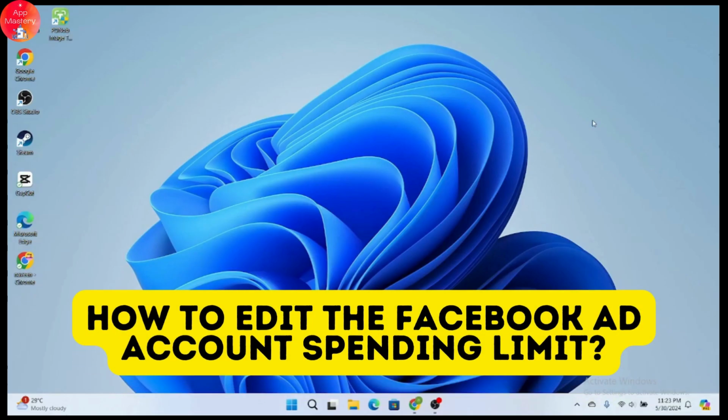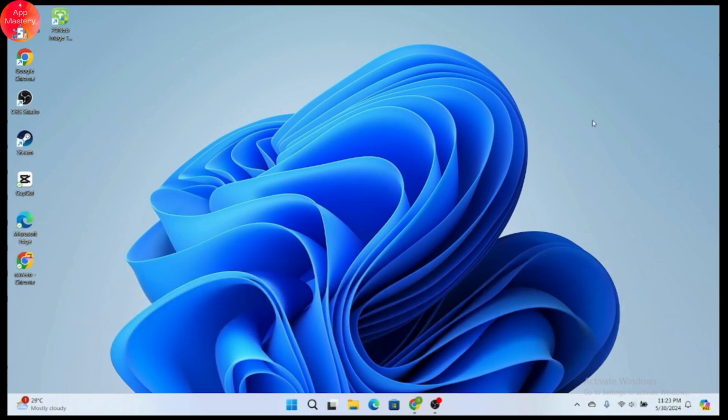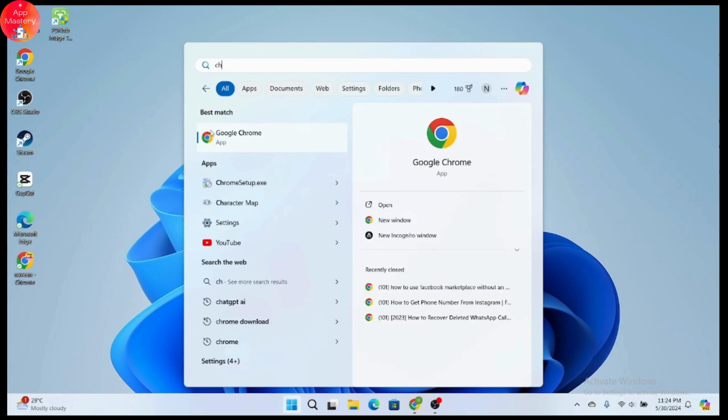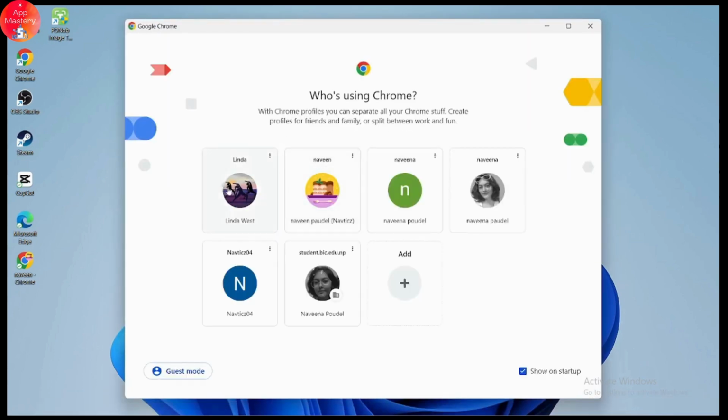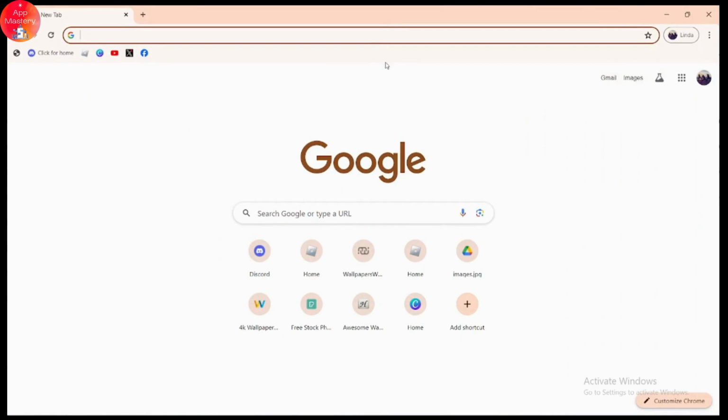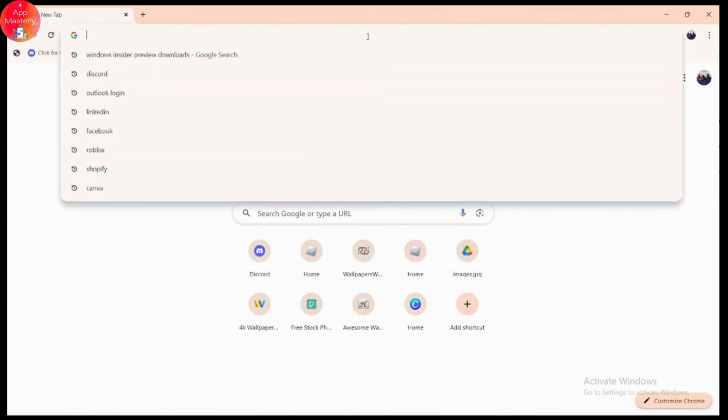How to edit the Facebook ad account spending limit. So if you want to edit the Facebook ad account spending limit, then first you need to open up your Facebook application, or you just need to open up your browser at first. So I'll be choosing a Chrome browser. Once you open your browser, you need to go for the search and you need to search for